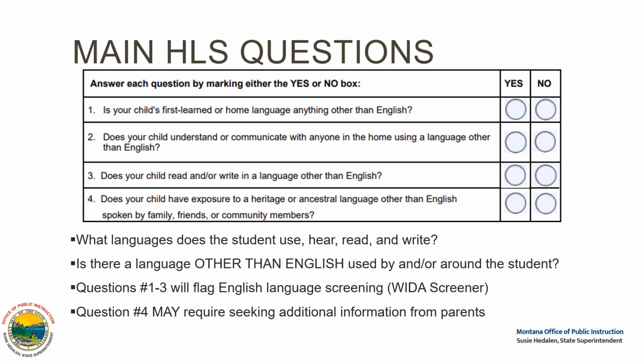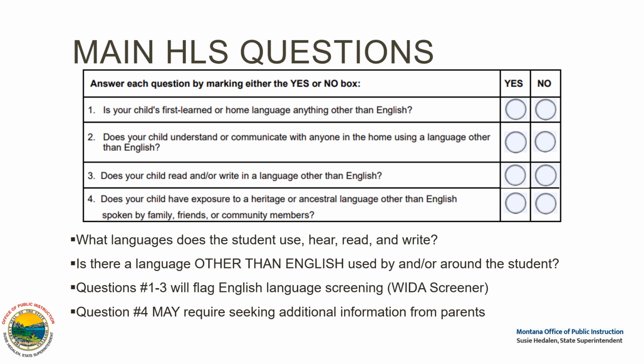So a heritage or ancestral language for number 4 does not necessarily mean that the student is automatically an English learner or is automatically flagged for assessment using the WIDA screener. What we are trying to figure out with number 4 is what other languages may affect the student's progress in English. So it may mean that additional information is required from parents to really clearly understand the child's exposure to